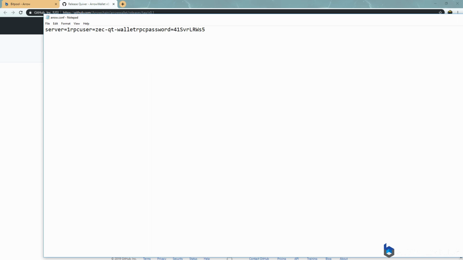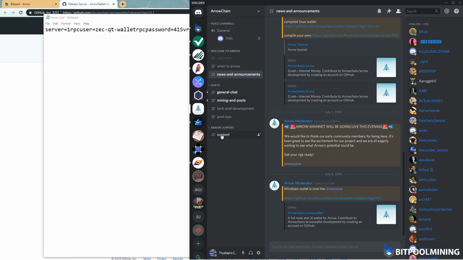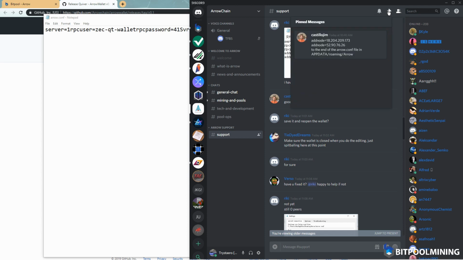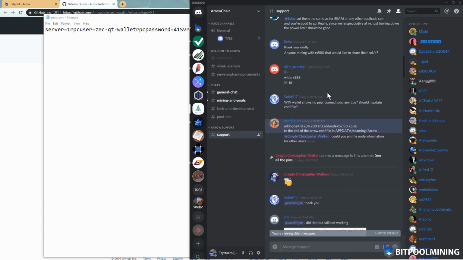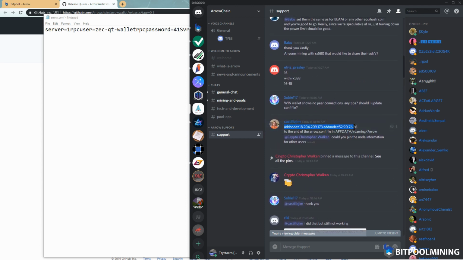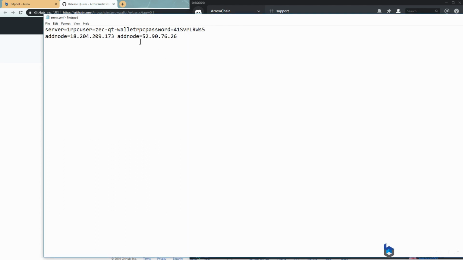So we're gonna go back to Discord. In the support channel, they have a pinned message here, and this is what we're looking for. So we're gonna add these two nodes. This will start the sync for us. We're gonna hit copy, paste it in there, and we wanna make sure these are on separate lines and no spaces. We're gonna save this,